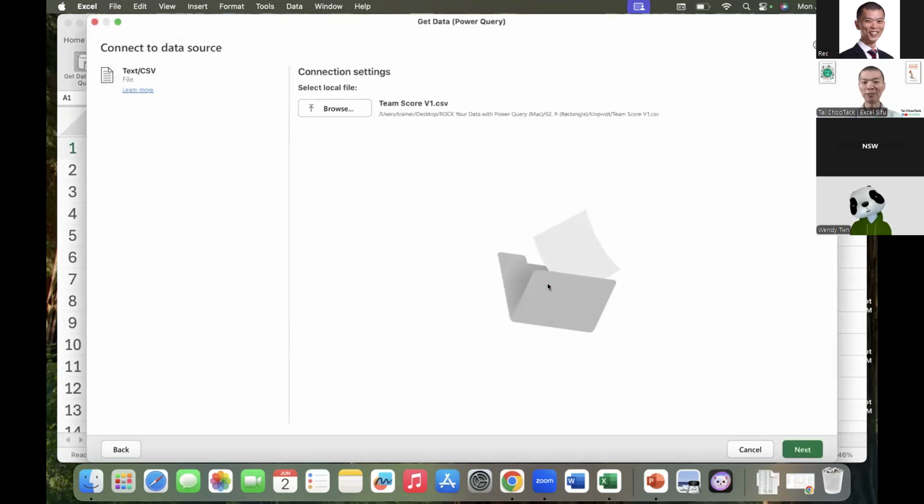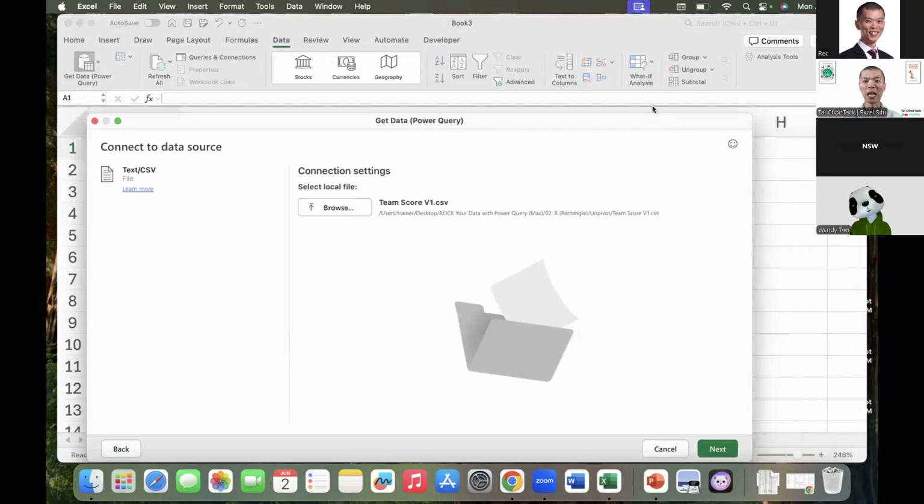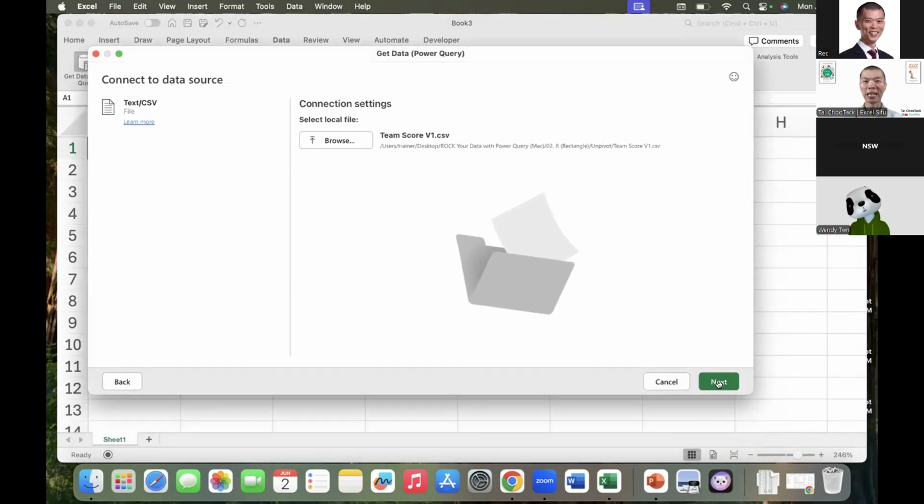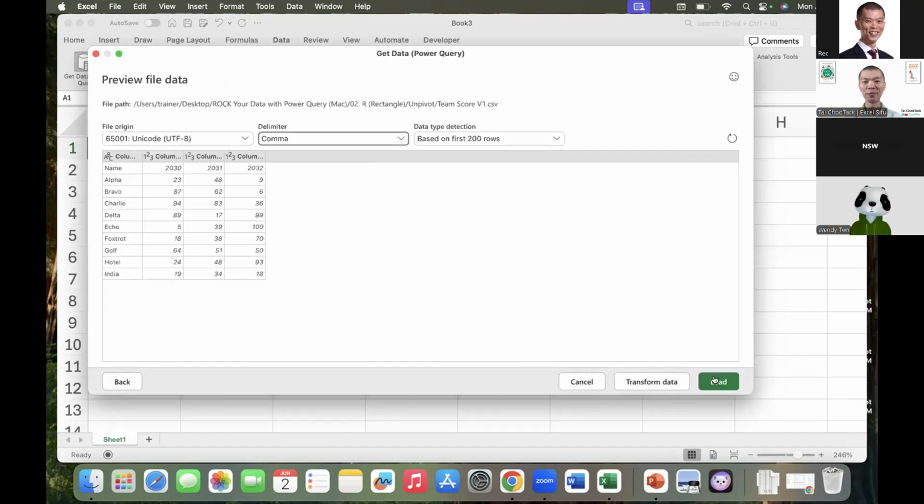Click Get Data. And it shows nothing on the screen until we click Next. Let's click Next. And it will show how the data looks. Okay. And look at the header. The header is not accurate though. The first line should be the header. So, okay, looks like the rest, we need to do some adjustment so that we are able to easily